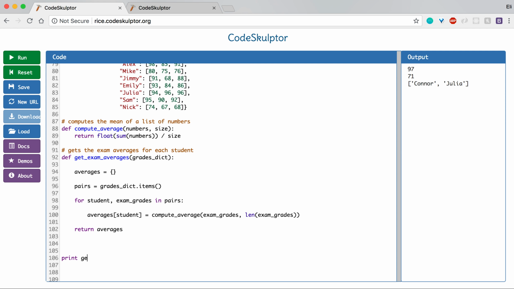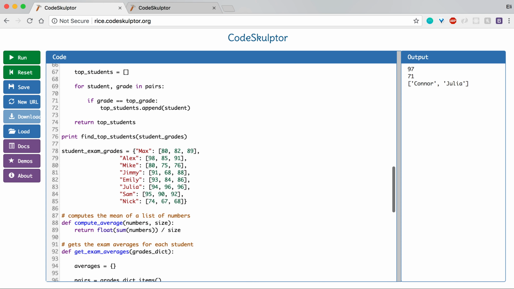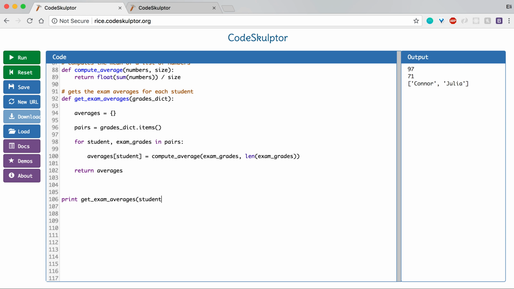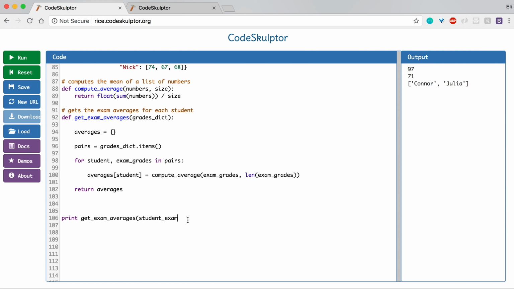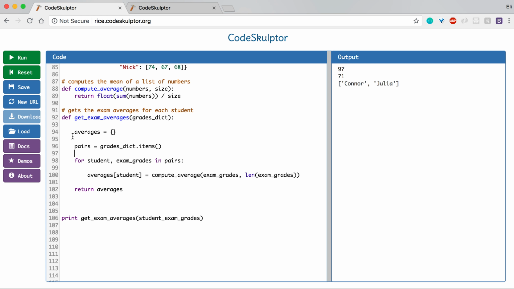And now let's actually run it. So I'm going to get exam averages of, what was this called? Student exam grades. That's the name of the dictionary that we're using. And what's this going to give me? Well, it's going to give me this new dictionary. And so when I print this out,